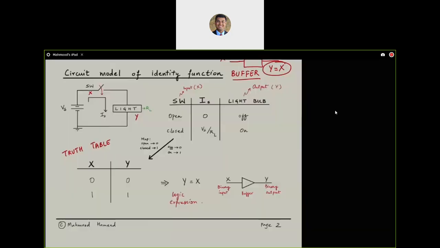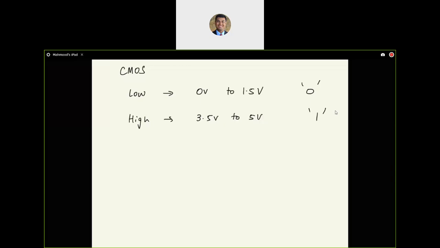All right, now let's move on and talk about this low and high in the context of the voltages that we are likely to see. So for CMOS transistors, this is complementary MOSFET transistors, what we have is a low level which is going to be represented with a range of voltages. Any voltage between 0 and 1.5 is going to be considered for CMOS to be a logic 0 or low level. And any voltage between 3.5 and 5 is going to be considered a logic 1 or a